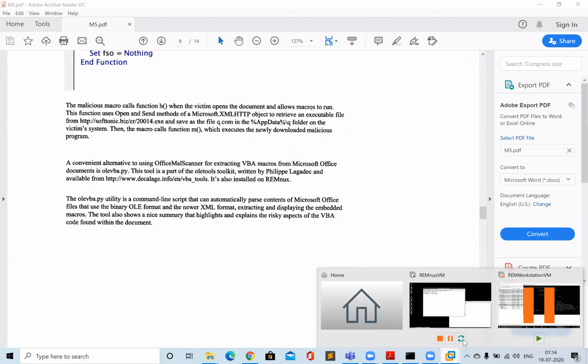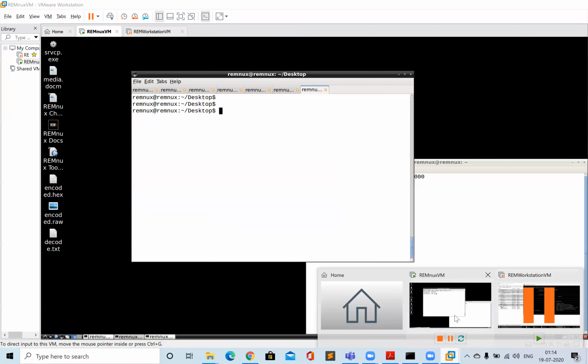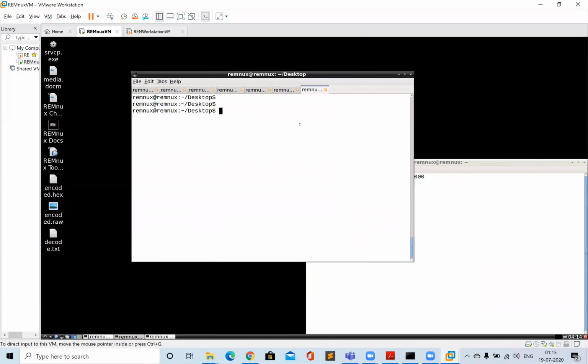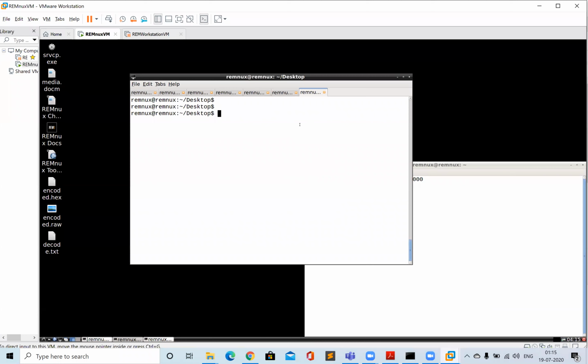So what we'll do is, that is the script that I am about to share. We will actually use that in the Remnux VM, which is free to download. Okay, so in the desktop folder, I have copied and pasted the meteor.com file, which we were actually analyzing right now.